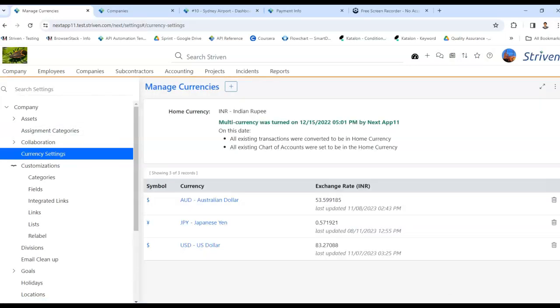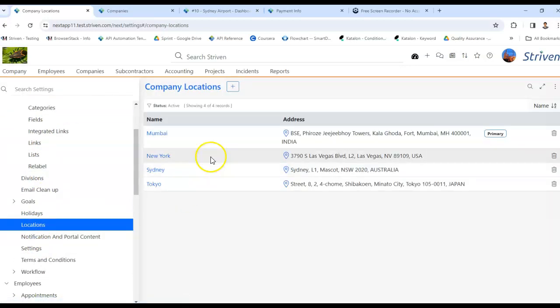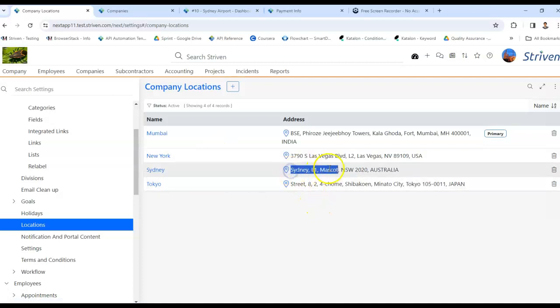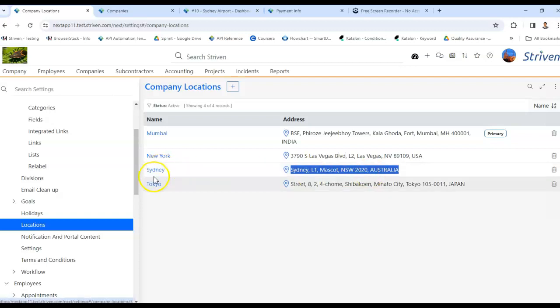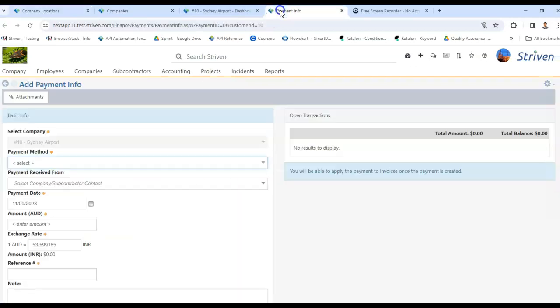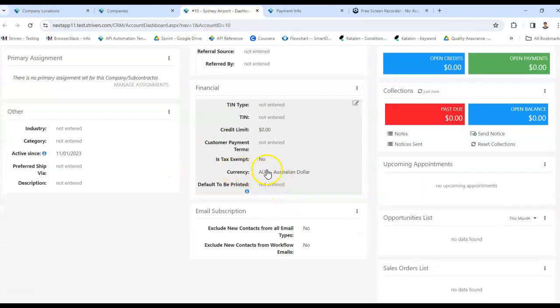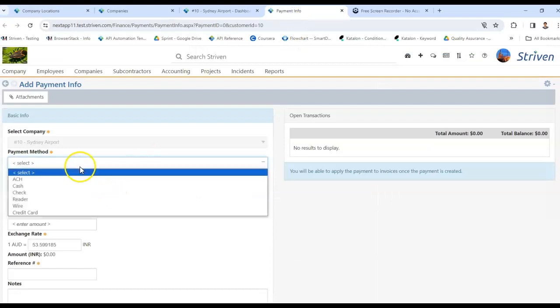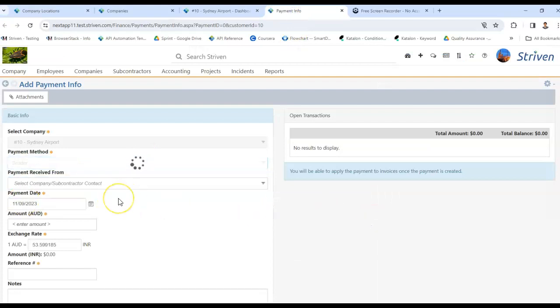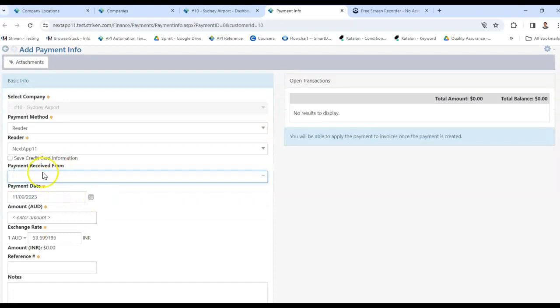If the Stripe account has some other country set, in this particular case, I'm using Australian currency, Australian dollar, and the reader that I'm using has its location set to Australia, Sydney, and this is the customer I'm using whose currency is Australian dollar. So if I try to use the reader for this customer,